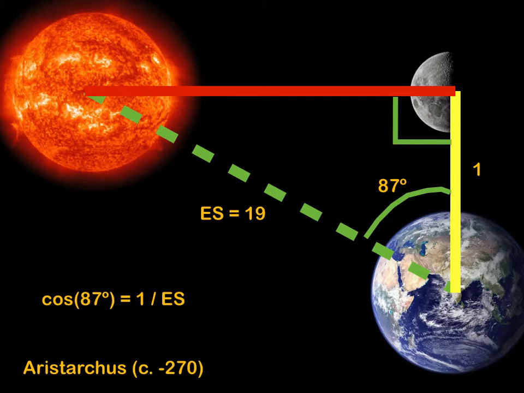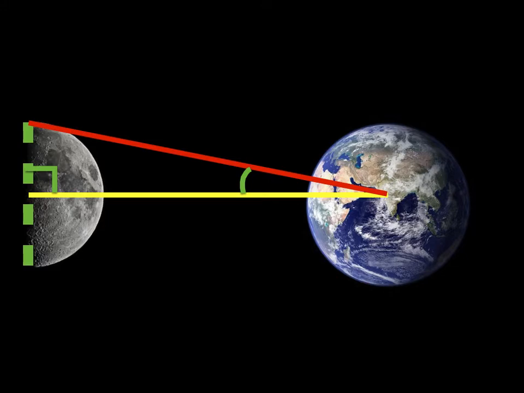Aristarchus, in fact, continued his investigation and determined also, for instance, the size of the moon relative to the earth's distance. So I'm going to keep using this color coding convention that I made up to make these pictures clear. So I'm using yellow for unit of measurement. That is to say, we don't actually know how long this yellow thing is, but we call it just 1. That's my unit of measurement. And then I use red for things I don't know, and I use green for things I do know, which